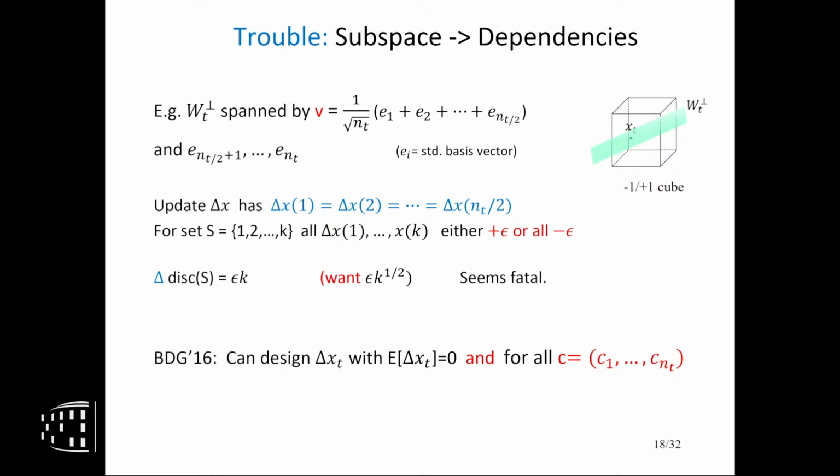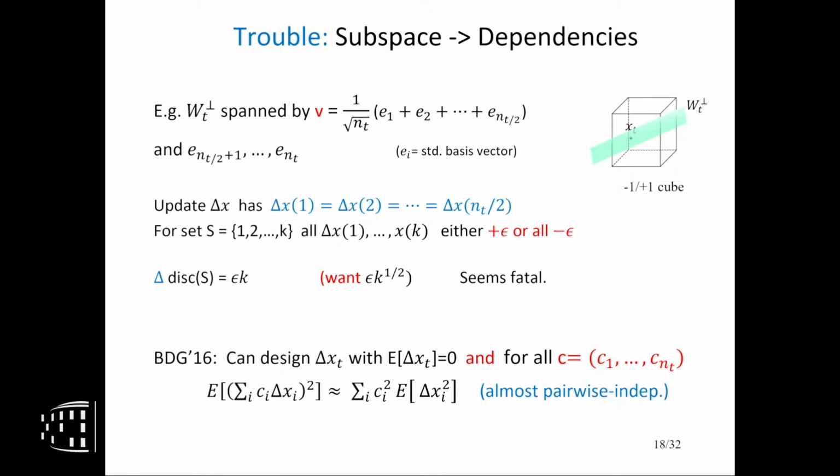But first let me tell you the result. What we showed is, no matter what subspace I'm given, I can still design a random update with mean 0, such that no matter which test direction c I look at, so maybe think of c as 1, 1, 1 on these K coordinates, the update looks random for that direction. Let me make that precise. If you look at c dot delta x, or the summation over i of ci delta xi, and look at the squared increment, it almost behaves like these delta xi's were independent. So you can write this as the sum of ci squared times E of delta xi squared.